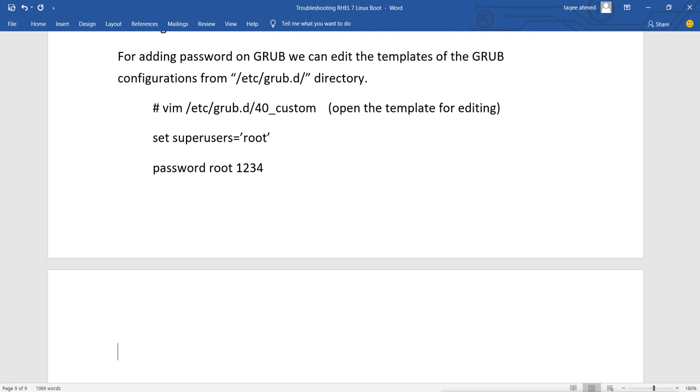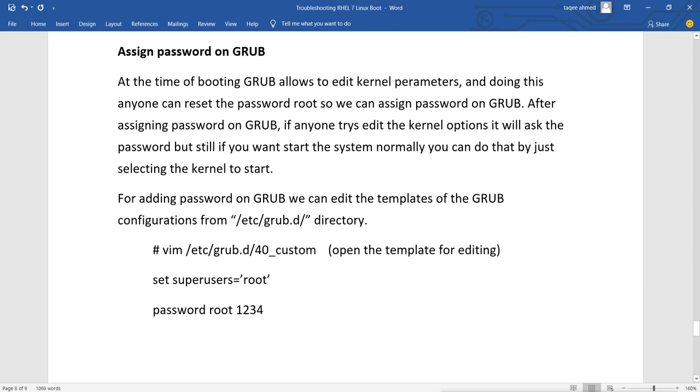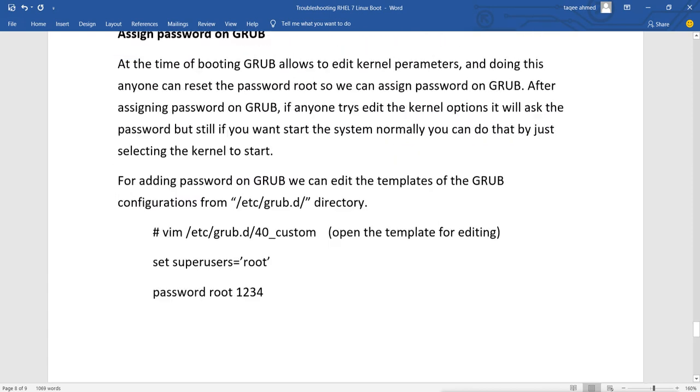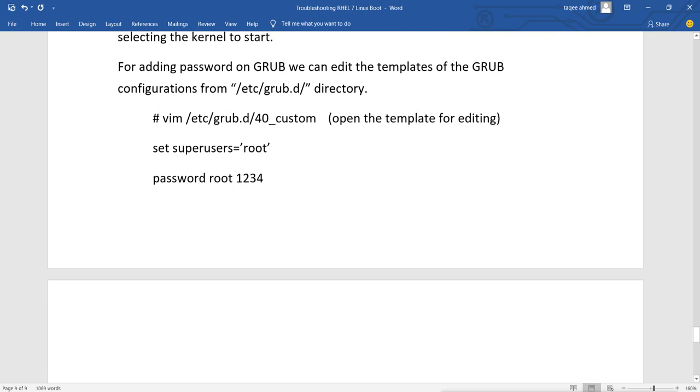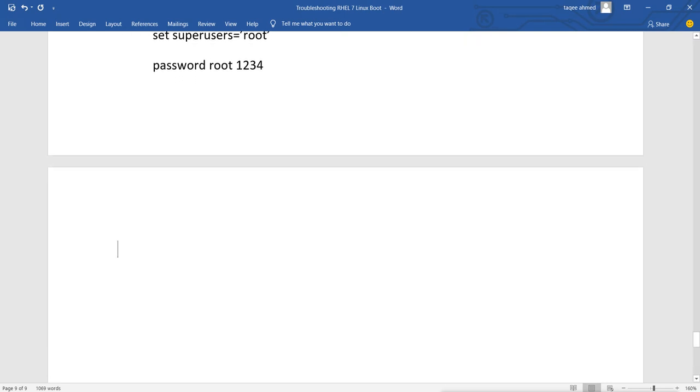Now after saving the file, it will not be updated into the main configuration file. Whatever changes we make in these templates will not be updated into the main configuration file, so whenever we change the templates, we have to update the main configuration file.